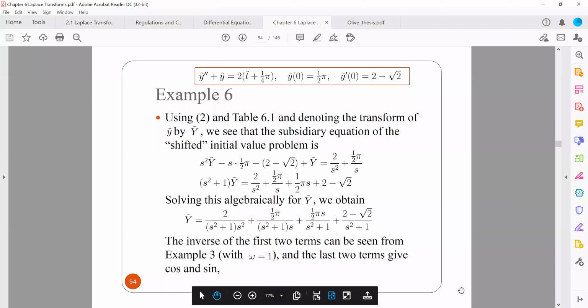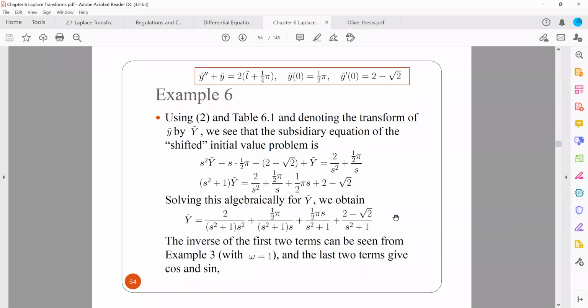And once we substitute in the values and put things on the left side with y and everything else on the right side, we'll end up with this kind of formation, okay? At this juncture, I hope you can start to see familiar things. S squared plus 1 in the denominator should tell you something. Here we have again S squared plus 1 over S. So